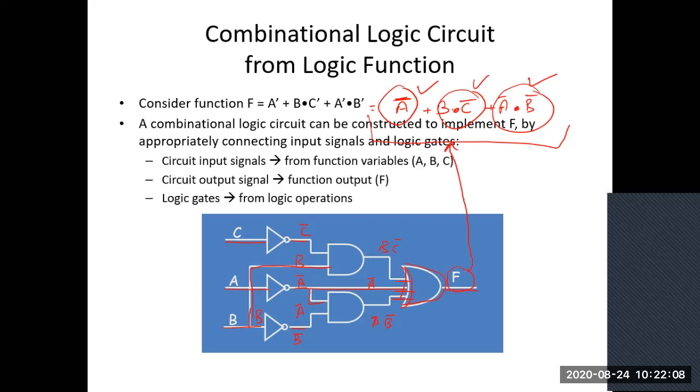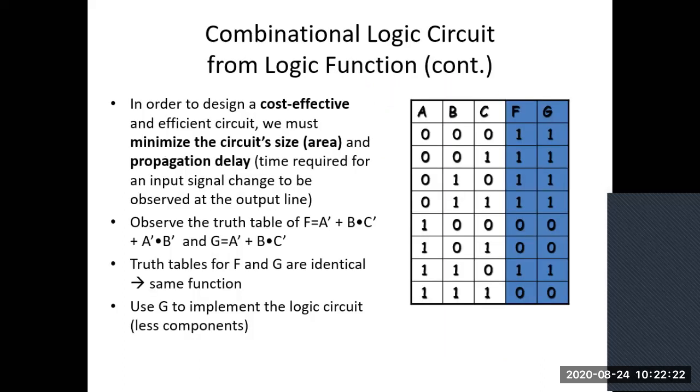Okay, so in this way, I can represent any function with the help of AND gate, OR gate, and NOT gate, into its circuitry form. Okay, so now we will see how we can make a truth table, and what will happen if the truth tables of two functions are the same. So we are taking two cases.